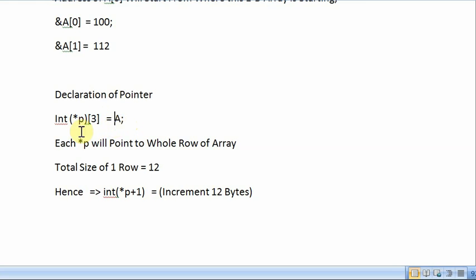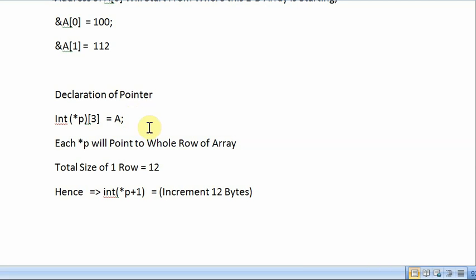Like this is the syntax, and this represents the total number of columns in each single row. Why are we writing like this? Because here each element represents 3 elements.